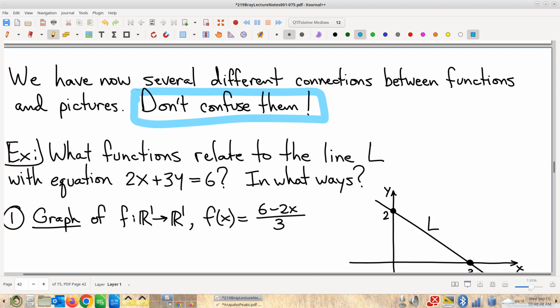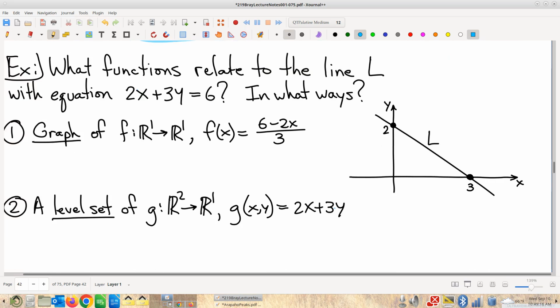But anyway, in some sense, over the next month at least, we're going to be learning calculus of multivariable functions, right? But how we interpret the algebra that we do, in other words, what this means geometrically, depends dramatically on what kind of picture you're looking at. So here's an example,